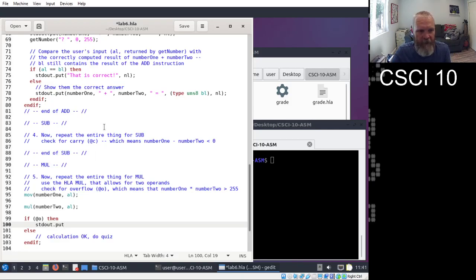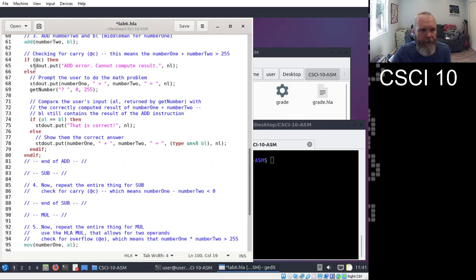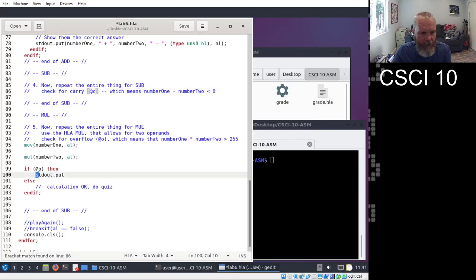Now, me personally, I'm just going to take the same output, just because that would please my sense of order to have it look the same everywhere. Mul error this time. Checking overflow after multiplication, because that is the flag that's set for mul. For add and sub, it's carry in our situation. For mul, it's overflow.